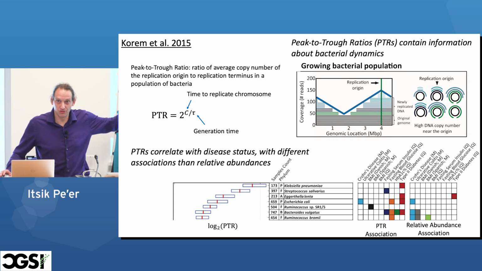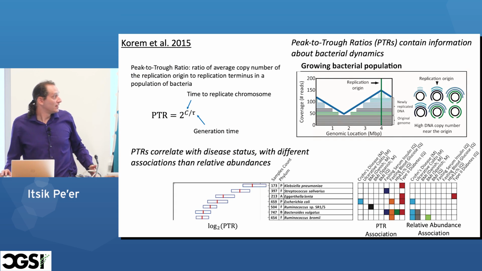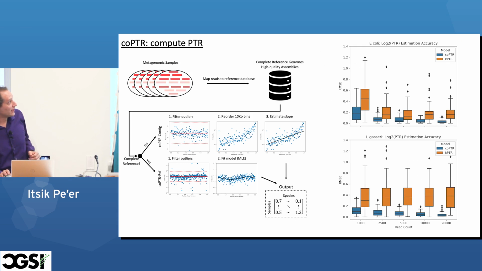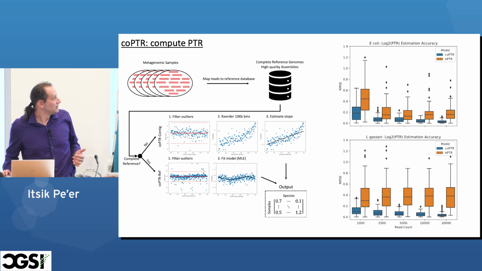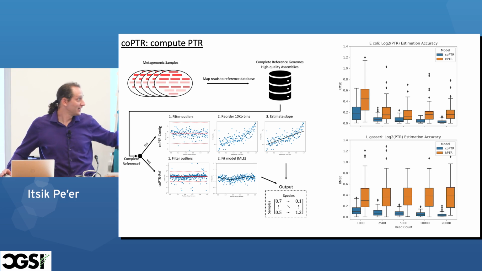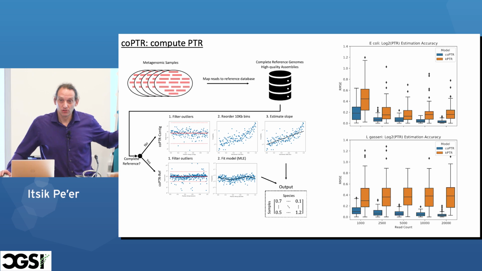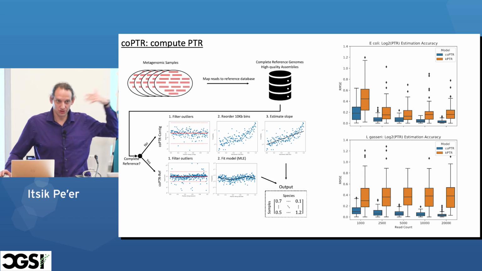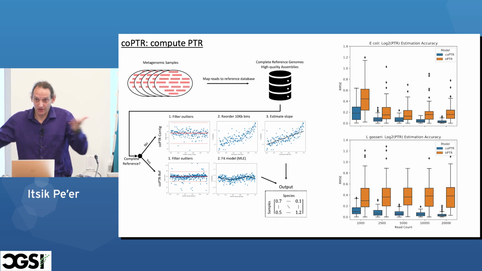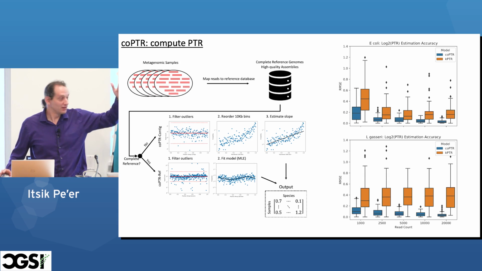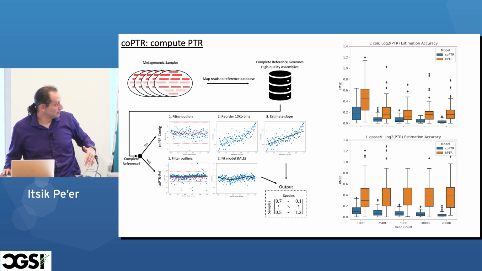This still happens, but you just don't know where the reads are coming from. We're able to still do that by looking at reads assembled on the fly. We don't know the genome, we don't know where they lie, but we can ask, well, what if there is growth here? So there should be peak to trough. If there isn't, we don't care. If there is, there should be a slope between replication origins and replication termini.